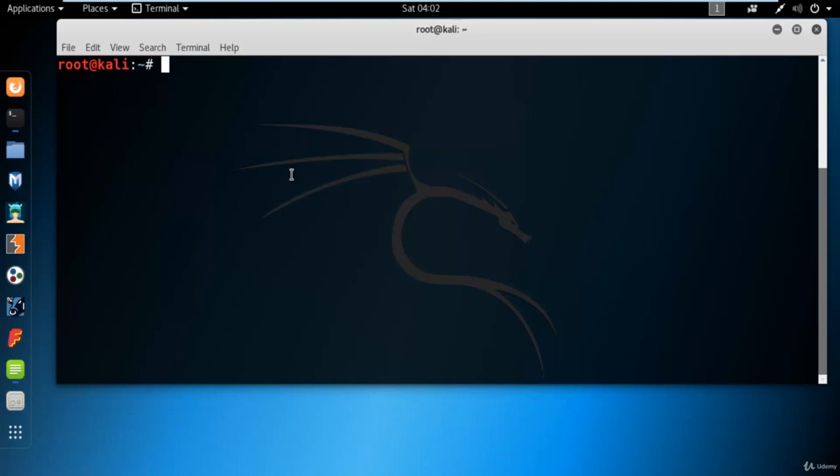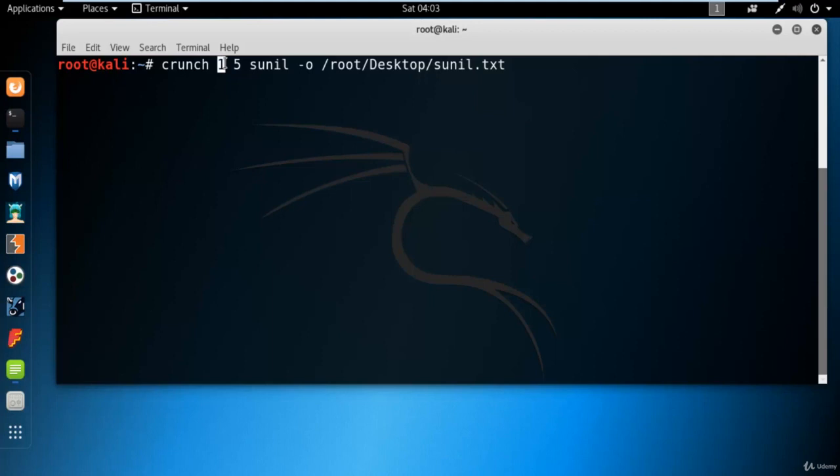You can simply type crunch, space, the minimum characters, for example 1, the maximum characters, 5, then the pattern, which means the string, and where you want to save the file, -o /root/desktop/sunil.txt. So what I'm doing here is creating all the permutation combinations of my name, S-U-N-I-L, right?